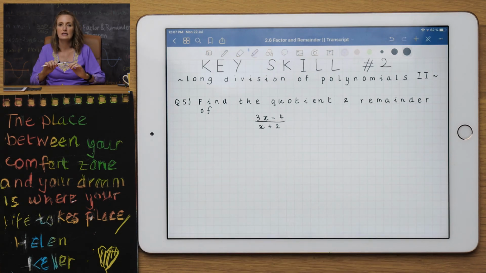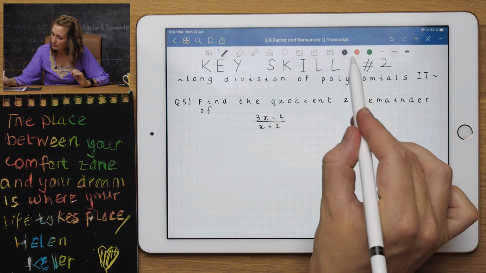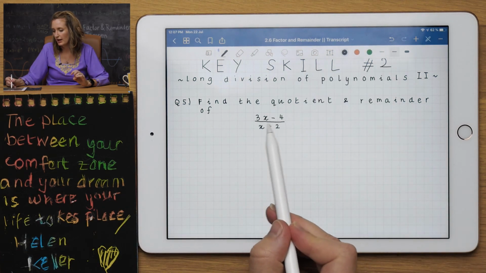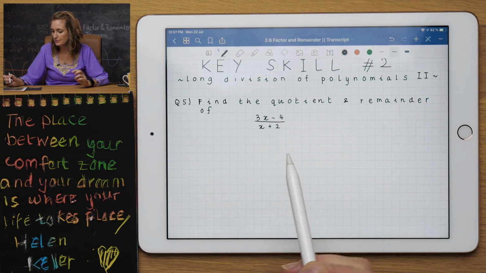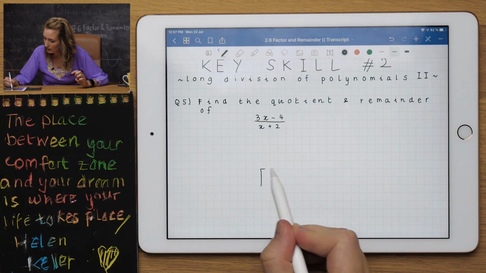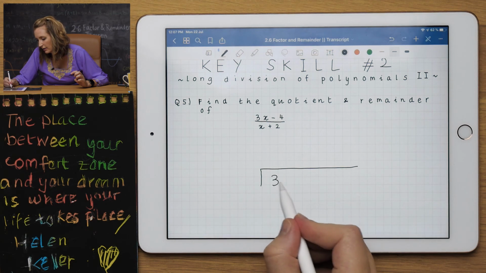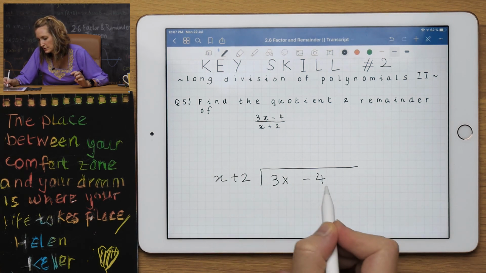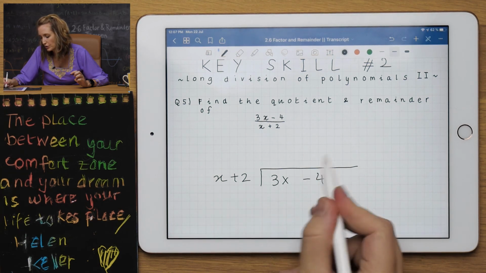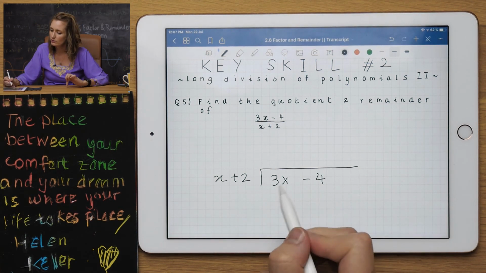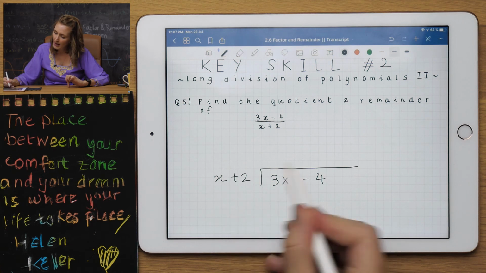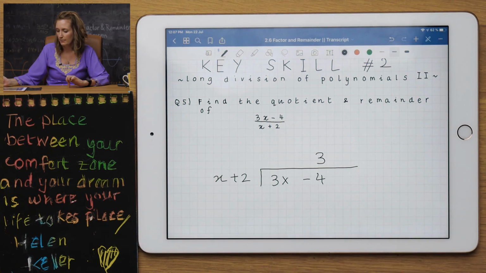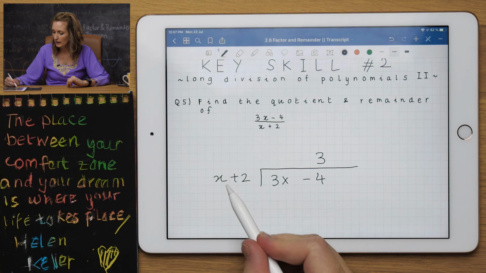The last one in this key skill I've added because it's going to really help you later on with your graphs, okay? So here we've got to do 3x minus 4 divided by x plus 2. So here we go. We're dividing 3x minus 4 by x plus 2. So dividend, divisor, remember our quotient's going to go up there, just so you remember these words. 3x divided by x is 3. Okay? Now we can do